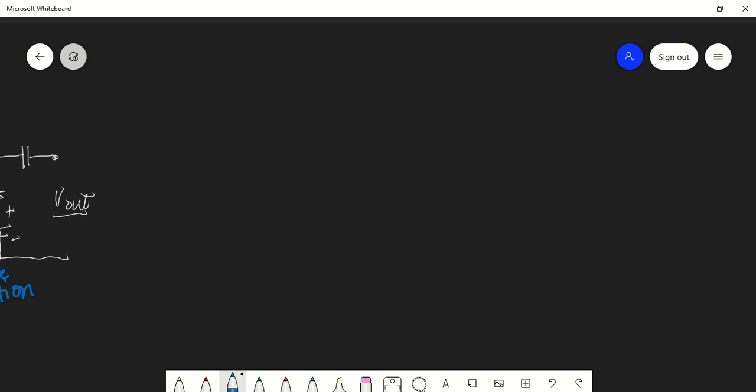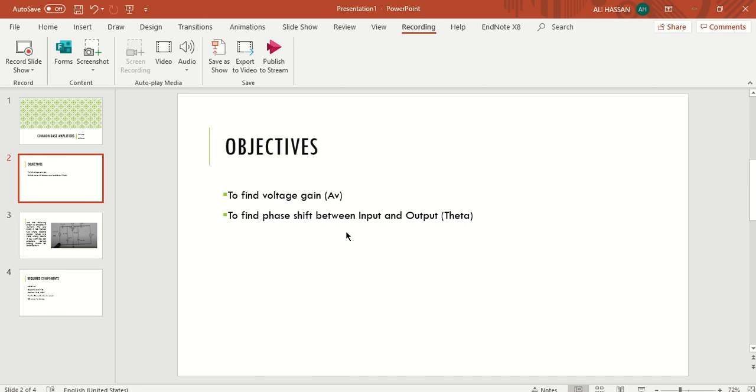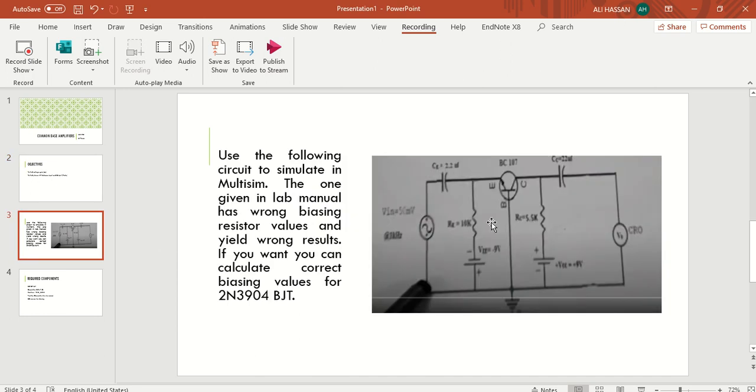Instead, use the circuit that I am going to show you here. I will also share these slides with you so you can easily follow the circuit. So this is the circuit that you are going to follow. You have to simulate it in your Multisim, so you can easily find this type of transistor. So in the manual you are using